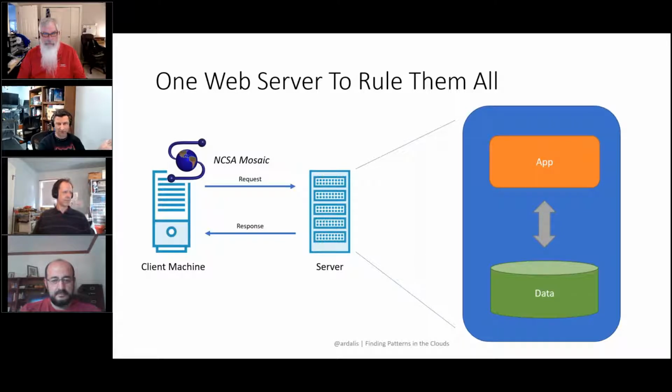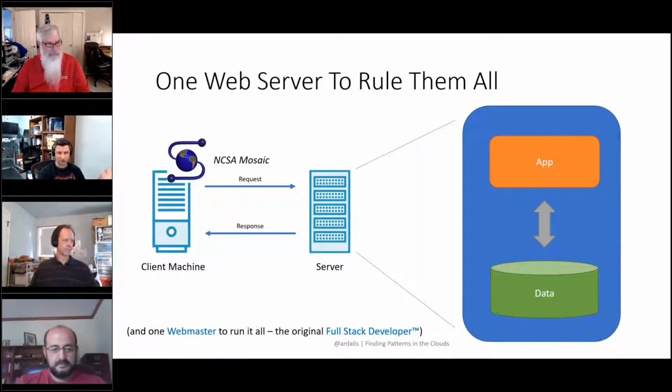Right? Angle brackets would go back and forth. And of course, you would have a webmaster running all this. And the webmaster was like the original full stack developer because they had to do all this stuff. Okay, so let's break this down a little bit and see what actually happens when that client makes that server